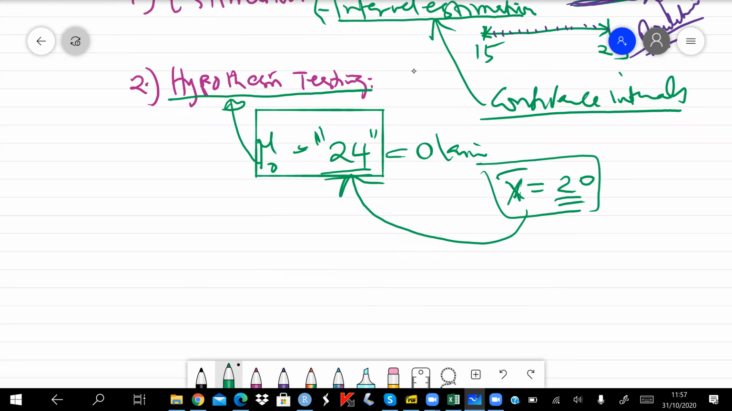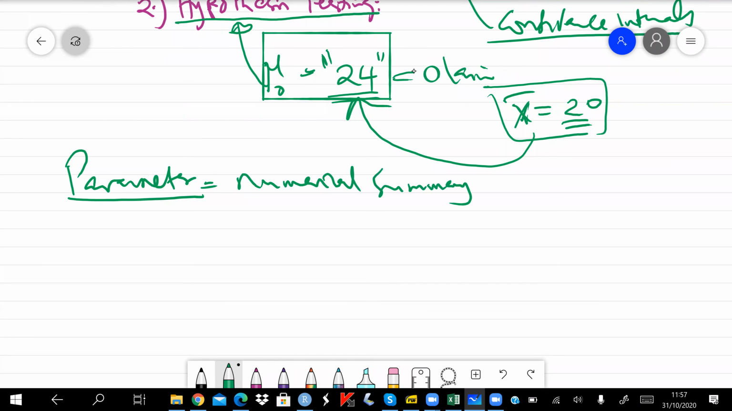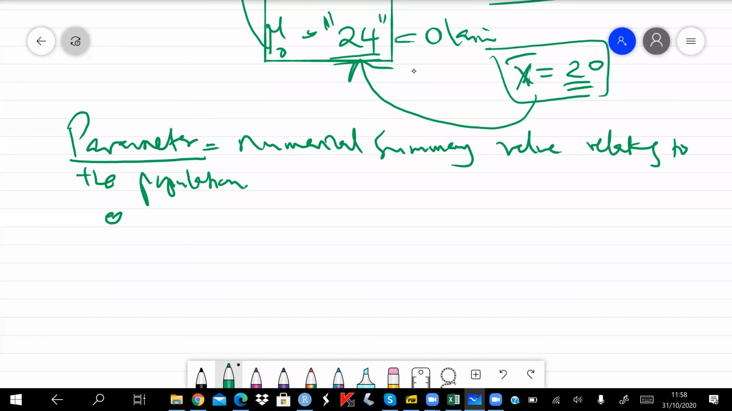So let's define some other terms, a parameter. Let's define this term, parameter, and we say that this is a numerical summary value obtained or relating to the population. In most of the cases, it is not calculated. It is just a claim. It's just a belief, okay? A numerical summary value that is relating to the population, okay? So things like population mean, okay? Population standard deviation,